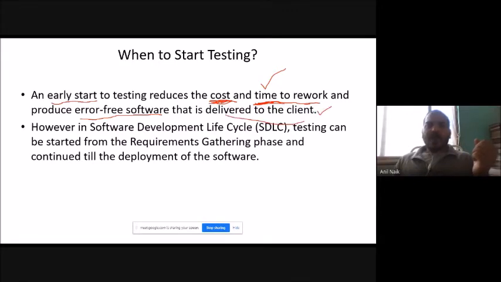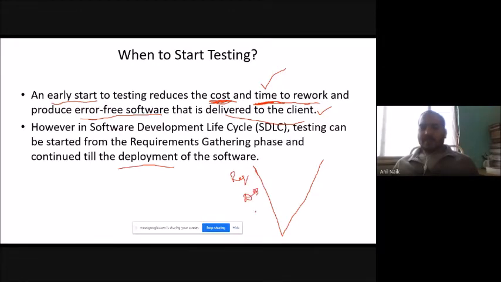However, in the software development lifecycle, testing can be started from the requirement gathering phase and continued till the deployment phase. So that is your V cycle. Here it's requirement, design, coding,